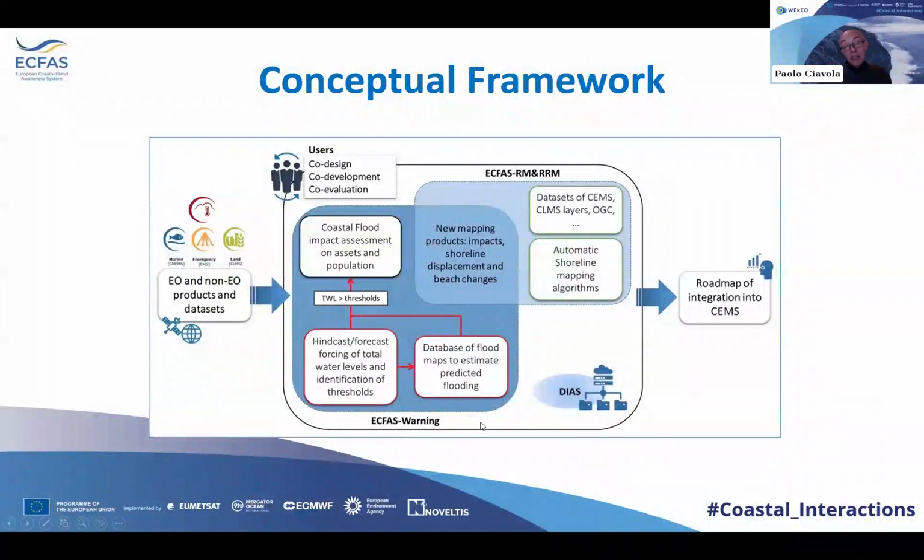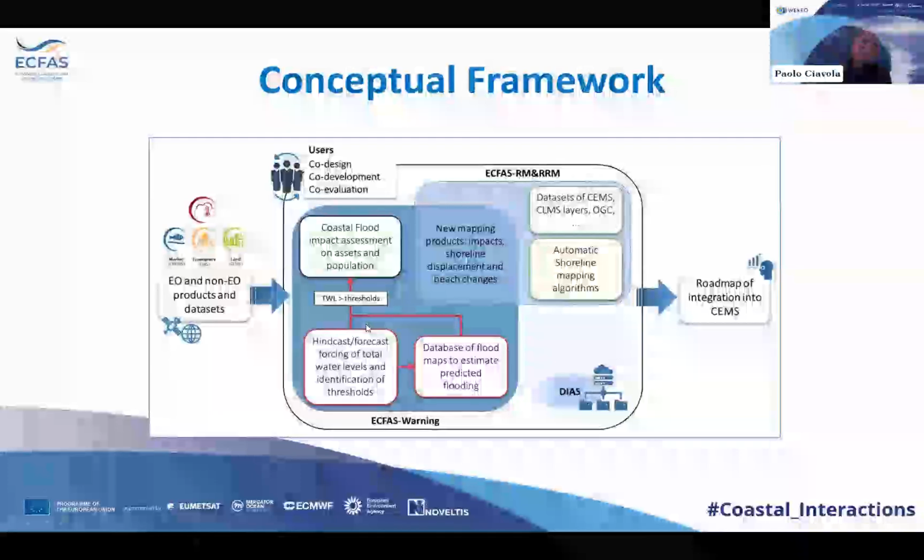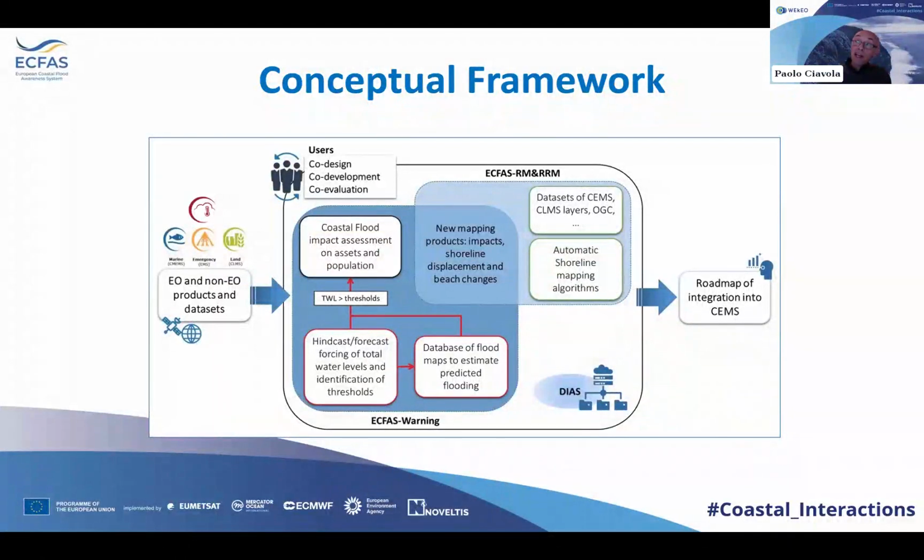And the idea is to go operational, to produce an operational system which, given a provision of forecasts of waves and tidal levels and sea levels, storm surge, produced by the Copernicus Marine Environment Service, would be able to produce not only flood maps,